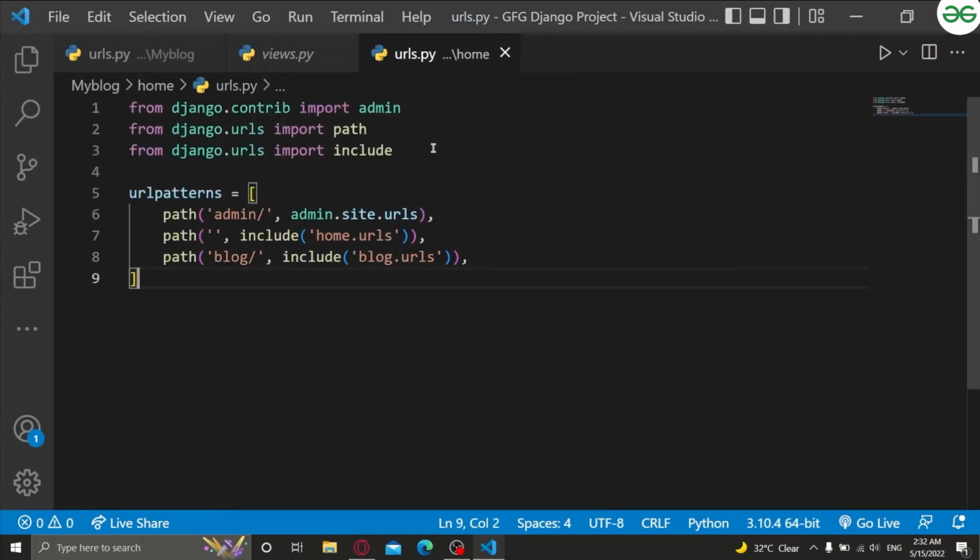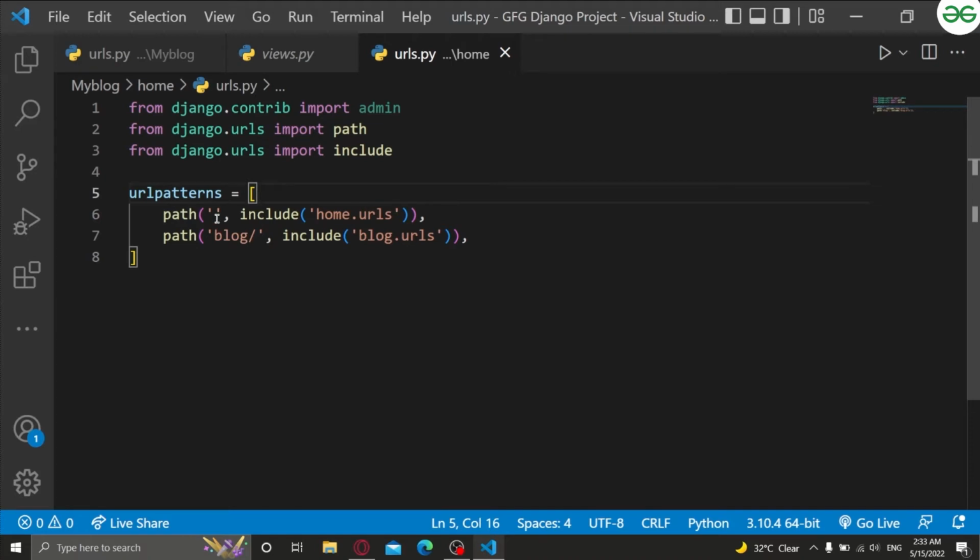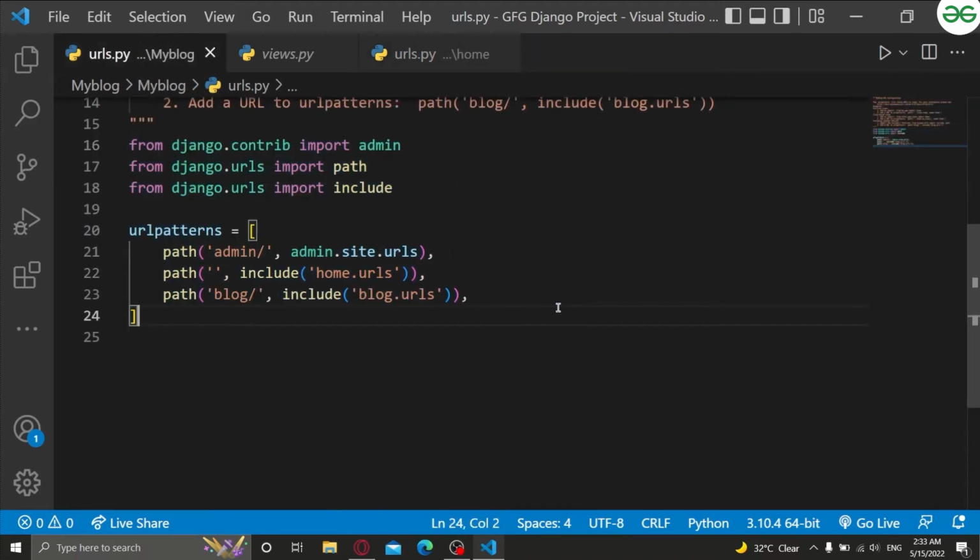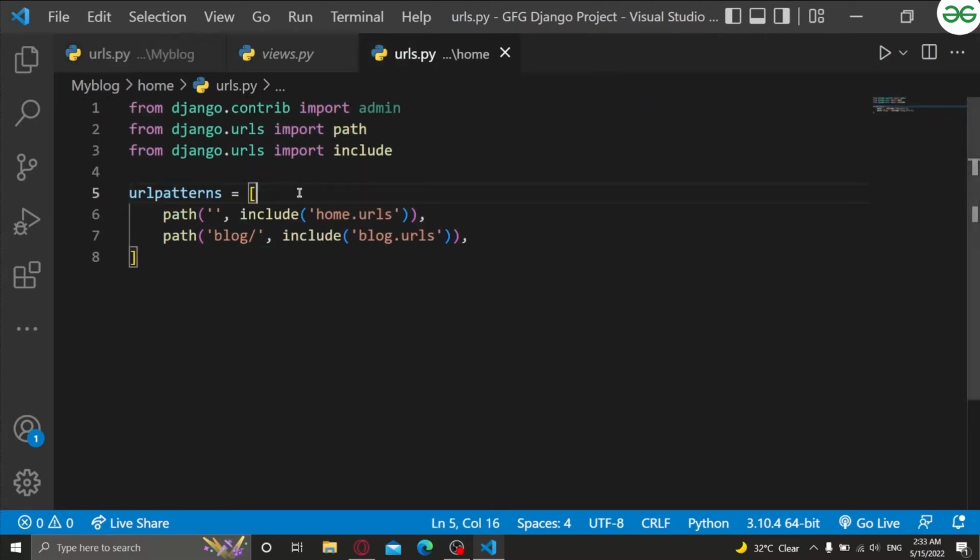Okay. Now it says from django.urls import path and include. Now we have to change these paths, because obviously we don't want them to come in every single place. So we will remove this one, admin I don't want. Now it says that whenever our app is started, this particular path will be directed to home.urls. And whenever this home.urls starts, we have to write here